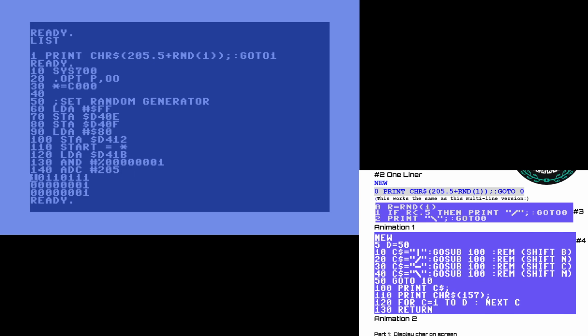And in the last video, I showed you how we can output a character to the screen by using the character out kernel call. So we already have the value we want to print. It's going to be either 205 or 206, and it's already in the accumulator, so it's already set up to do a JSR to FFD2. That was the kernel call for outputting the character to the screen, as if you were typing it in. So line 160,